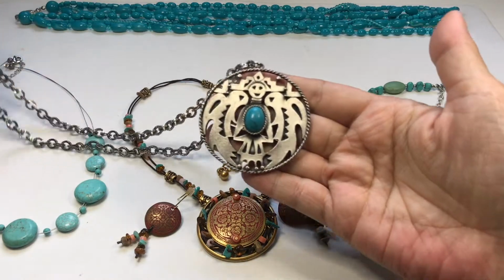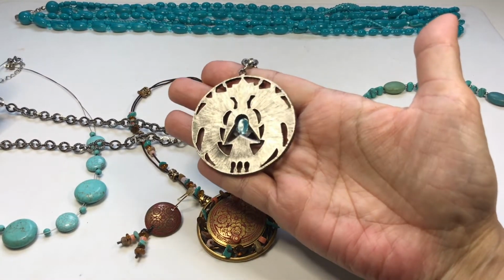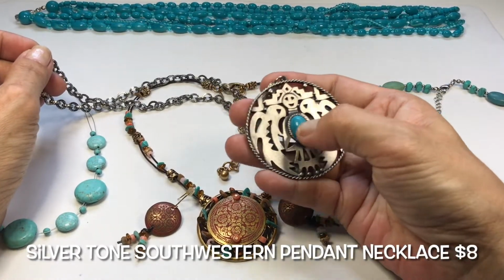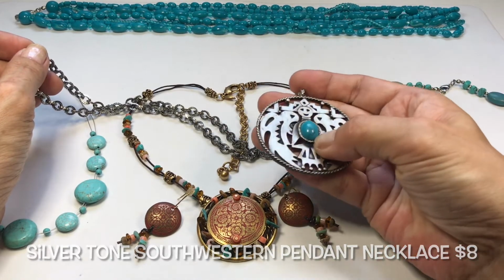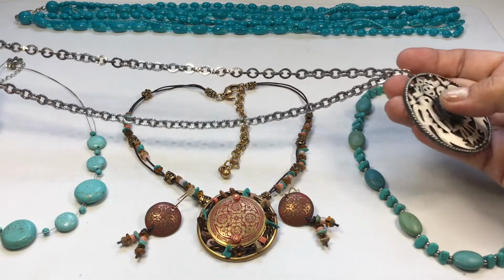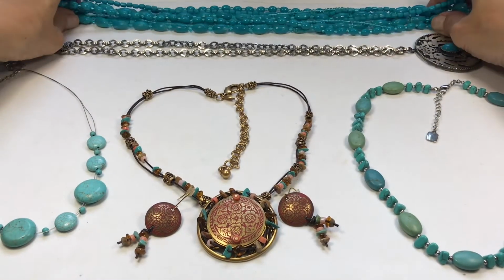So we have this, and let me show you the back side. You know what? Is that? I believe it is HOWLITE, even though it doesn't feel that cold to me. And then lastly is this